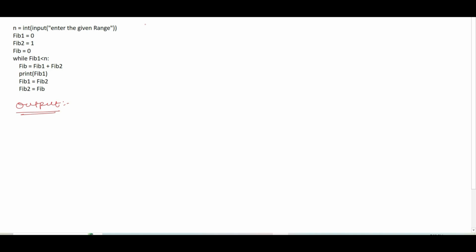The very first step: let's say we have taken a range of 10. Initially it will be a string, and then we convert it into int, and we store it in a variable called n. Clear? Now initially fib1 is 0, fib2 equals 1, and